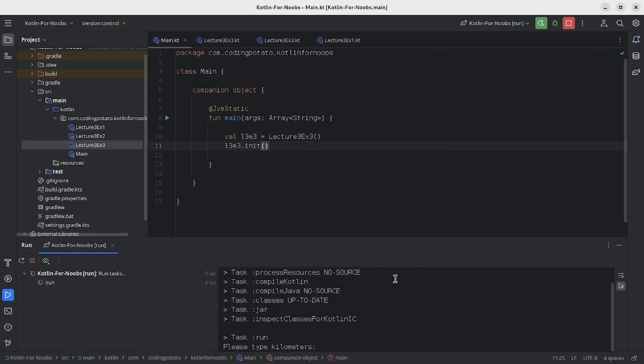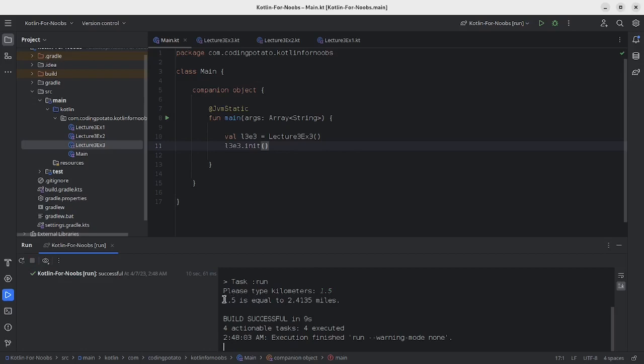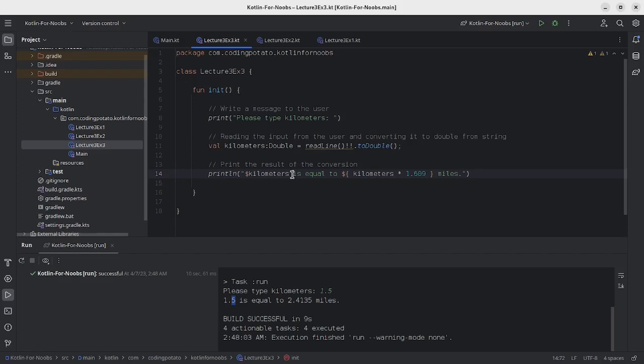Please type kilometers. So let's say I want to convert 1.5 kilometers. And it will say 1.5 is equal to 2.4 something miles. And I would like to add kilometers here. So let's go back. After the string literal, I can say kilometers. Or let's use the shortcut km. Run it again,